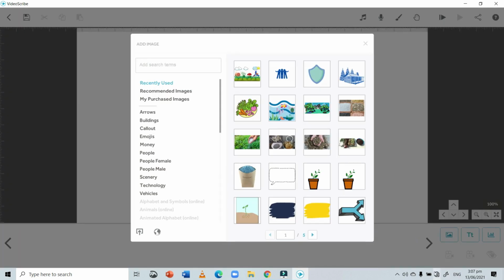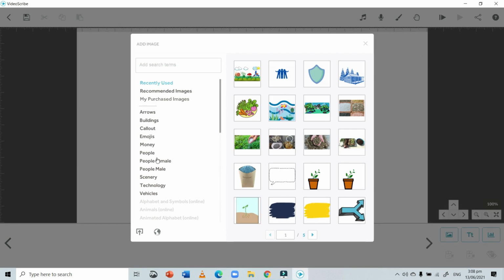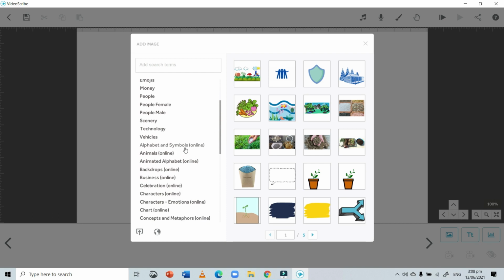There is a huge picture library available in VideoScribe. There are some libraries that are available online. For that you need to be connected to the internet, and online is written against them. Just alphabets and symbols is the online library, so online is written over there.